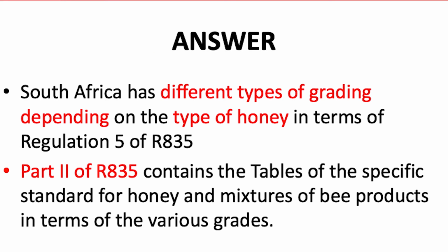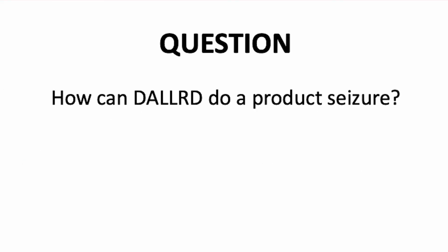So South Africa has different types of grading depending on the type of honey, as set out in the regulation. According to the table, one can then determine what grade your product has to comply with. Finally, we were asked, and I've spoken a lot about all the non-compliant product that's out in the